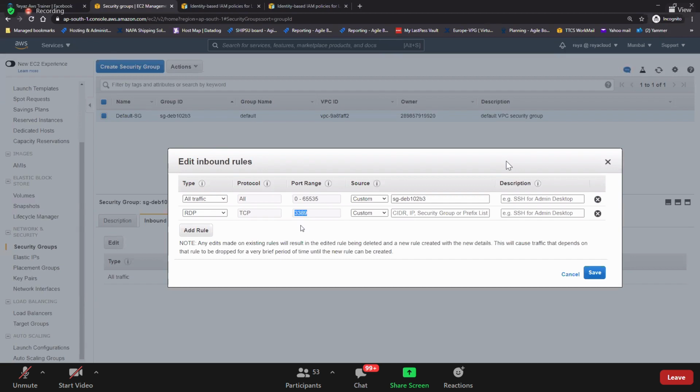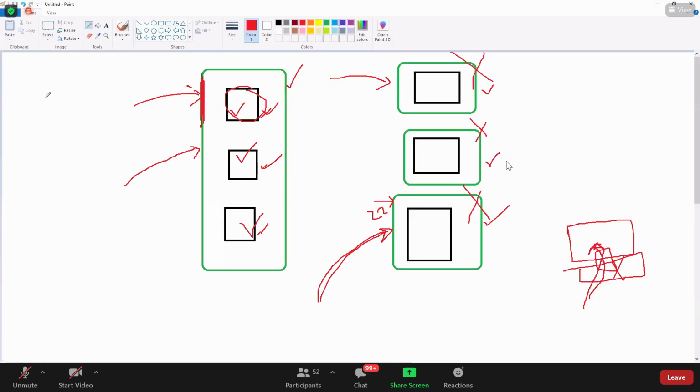Guys, how many source types are there in security groups? Three. What are those? Custom, anywhere, and My IP. Remember this? Which one should we be using? My IP. If you use custom, you should be giving some range of IP addresses. Guys, from where you need to access this machine, you are sitting here on your laptop. From this laptop, you need to allow this laptop as your source,